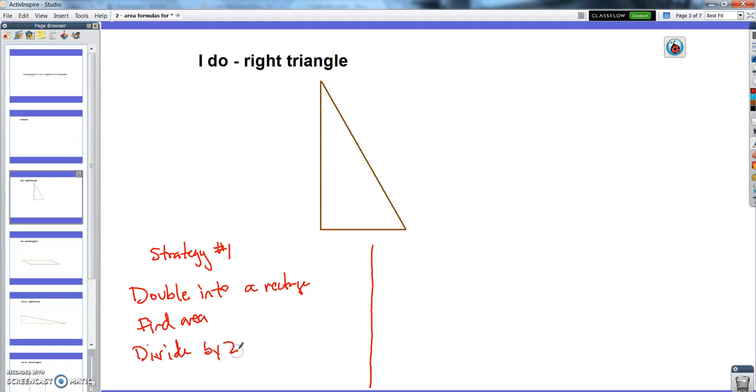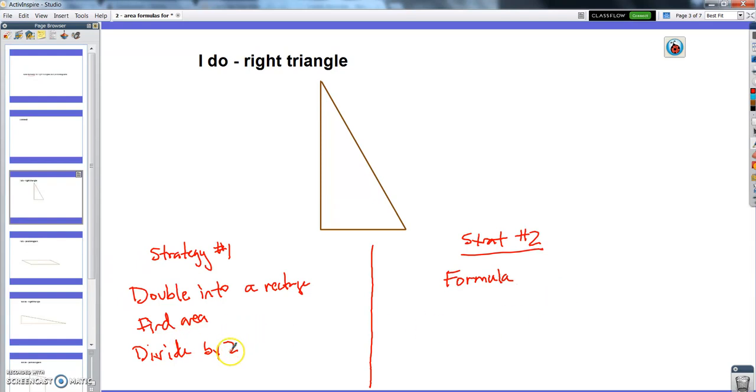That's a great strategy, and I never want you to lose that strategy because formulas, which I'm going to show you today, can be hard to remember, or it can be hard to keep track of what formula goes with what kind of shape. And so if you ever forget which formula to use, I want you to have this to fall back on and say, well, either way, I can still figure it out. So strategy number 2 is going to be a formula. Formulas are just ways to easily do it quickly